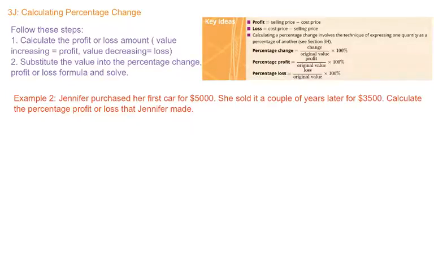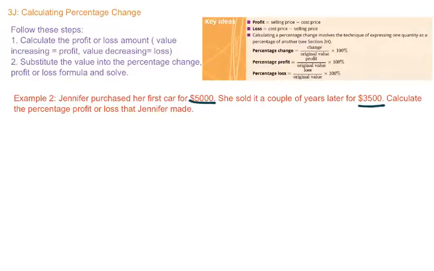Okay, moving on to our example 2, which is slightly different as it's a worded equation. Jennifer purchased her first car for $5,000. She sold it a couple of years later for $3,500. Calculate the percentage profit or loss that Jennifer has made. So the first thing I like to do is underline any essential information in the question. So we need to know that she bought the car initially for $5,000, and then a couple of years later she sold it for